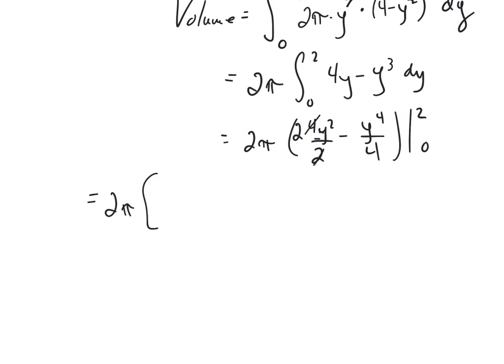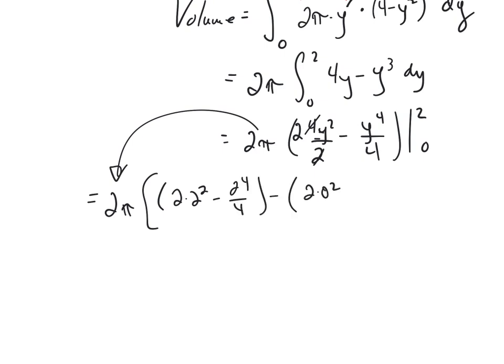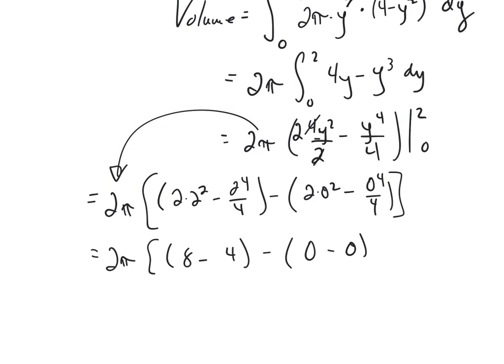And so now my evaluation, again just factoring the 2 pi out front to get it out of your way. Everywhere you see a y, put in 2, so we'll have 2 times 2 squared minus 2 to the 4th over 4, minus, everywhere you see a y, put in 0, so 2 times 0 squared minus 0 to the 4th over 4. So let's see, 2 times 2 squared is 8. 2 to the 4th divided by 4 is 4. 2 times 0 squared is 0. 0 to the 4th over 4 is 0. So we have 8 minus 4 and 0. 4 minus 0 is 4, and 2 pi times 4 is 8 pi